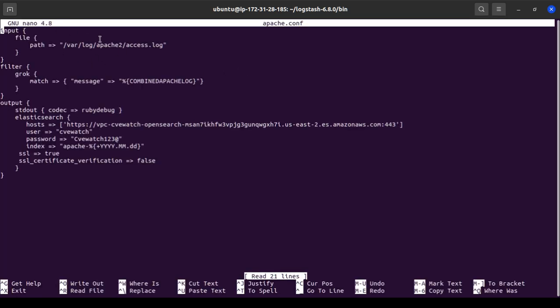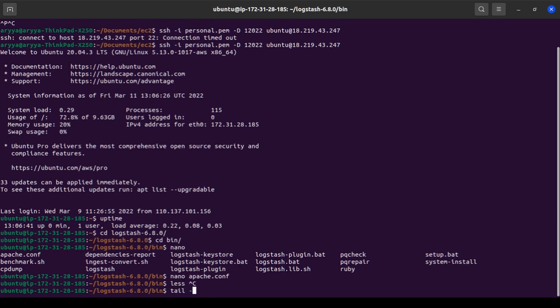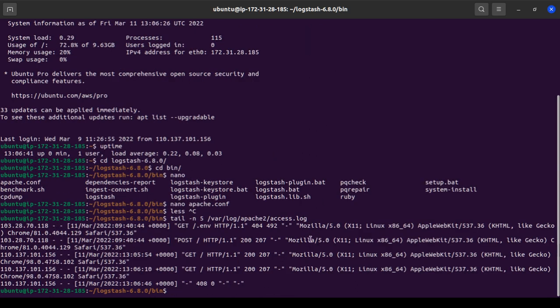Let's open this one. So you can see here, this is the input section that I mentioned before. In this input section, I declare that I want to watch the file in the path /var/log/apache access.log. Let's open this one, with tail -n5.